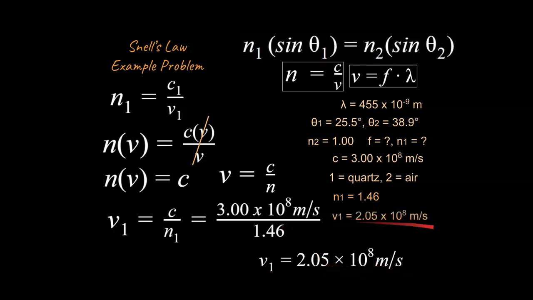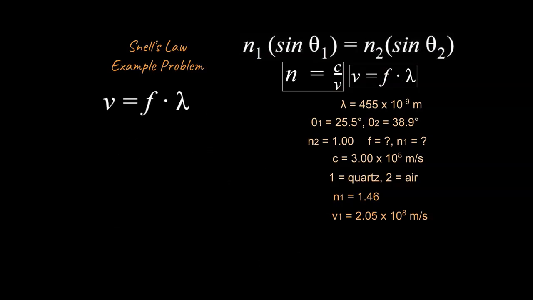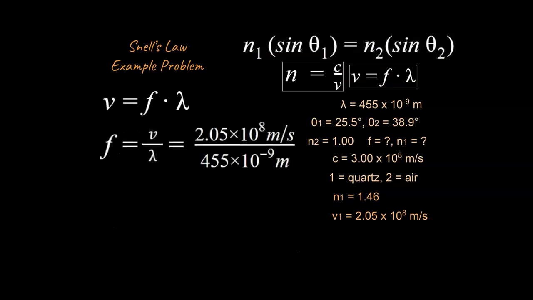So next I'm going to record my values over here and just continue, because the question is what is the frequency? So we solved for n1. We came down over here, we now solved for v. I'm going to take that v, plug it in here, and we want to get our frequency, right? Alright, so we write that equation out, we isolate, and we're ready to plug in. So we plug in our values here, and we end up with an answer of 4.51 times 10 to the